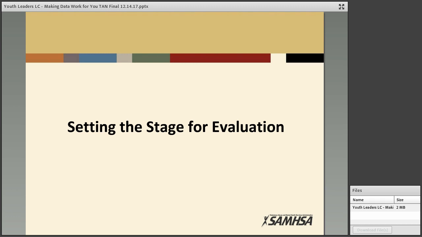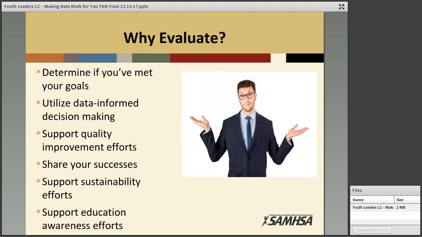So before you can actually get into evaluation, I think it's really helpful to understand why it is important for youth programs and local Youth M.O.V.E. chapters to do evaluation. Understanding how data can be used and what it can do for you will really help you to see the value of the evaluation process. Data can be used for many reasons, including the critical effort to ensure that you are meeting your program's goals and